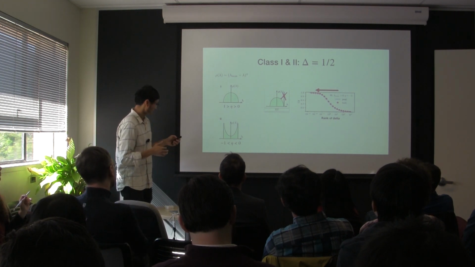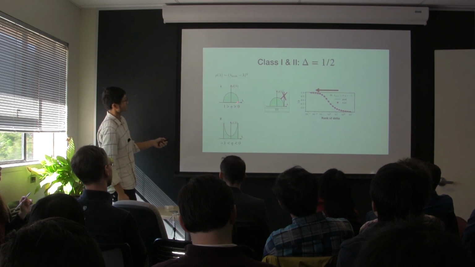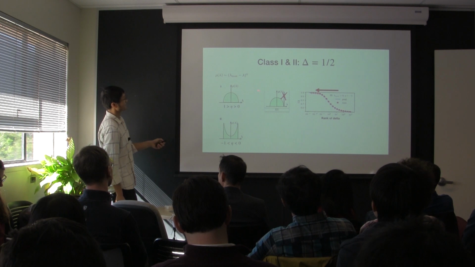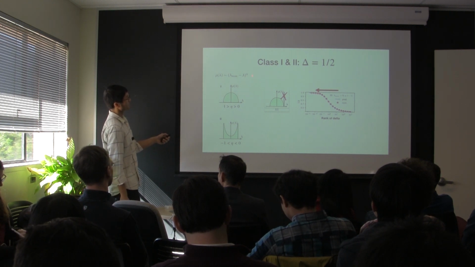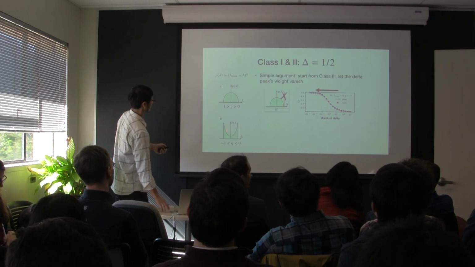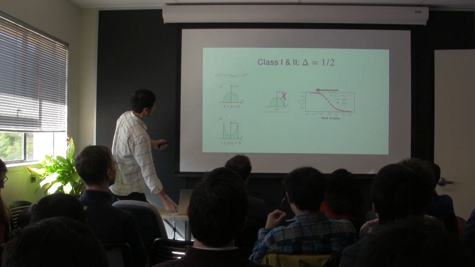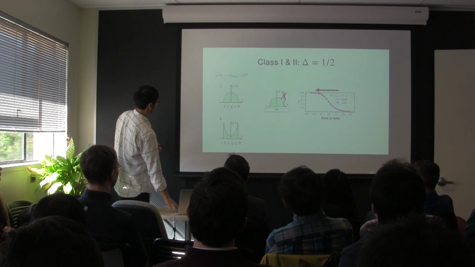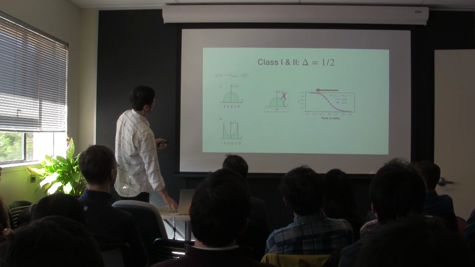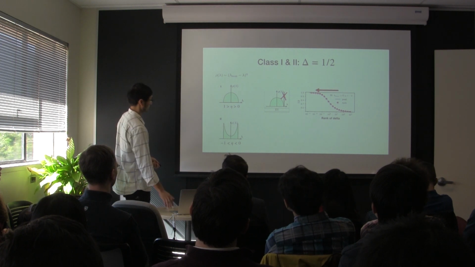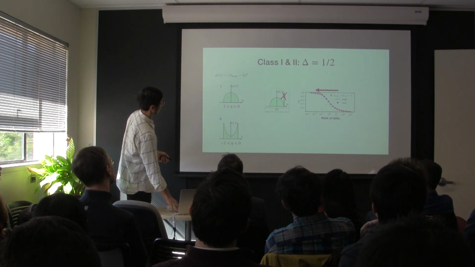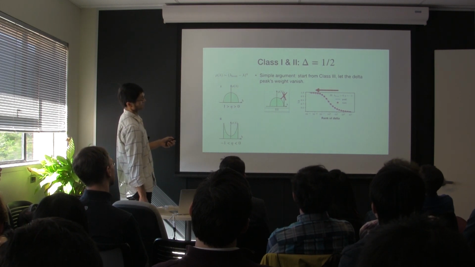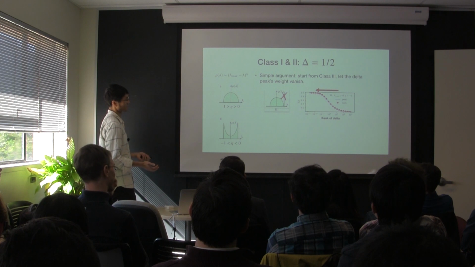Just a reminder, these classes are characterized by a non-delta peak edge on the right, and it is characterized by a power law. For class 1, you have a positive power law, and for class 2 you have a negative power law. And we don't want too large a power law because it will look too much like the Fermi liquid that we don't care about. So the first thing that I want to show is that you have a fermion-like spin dimension, and